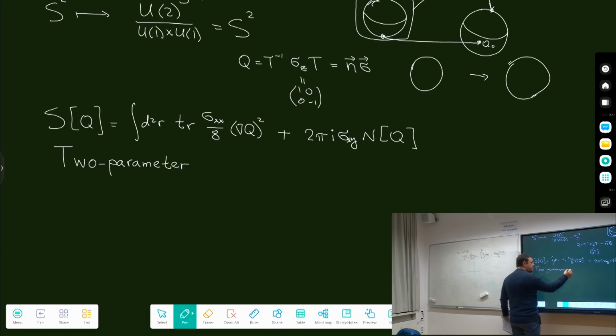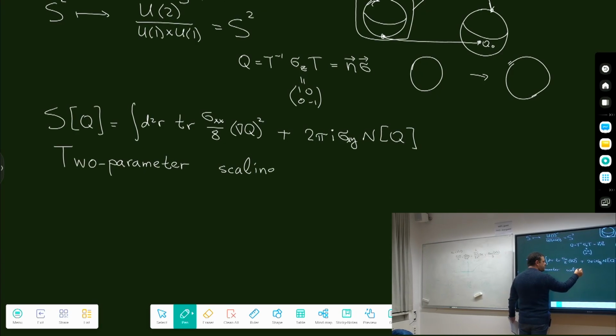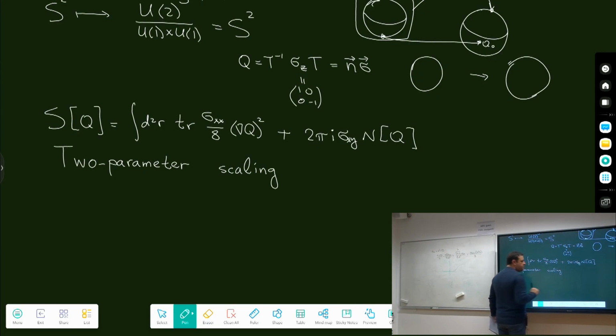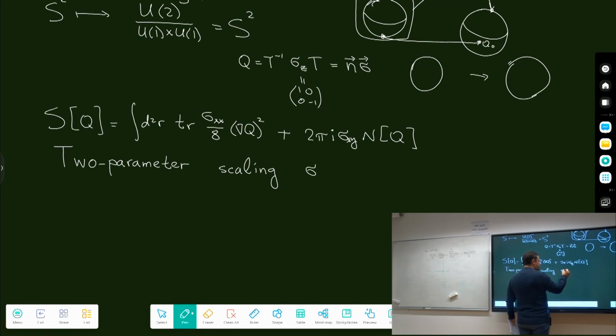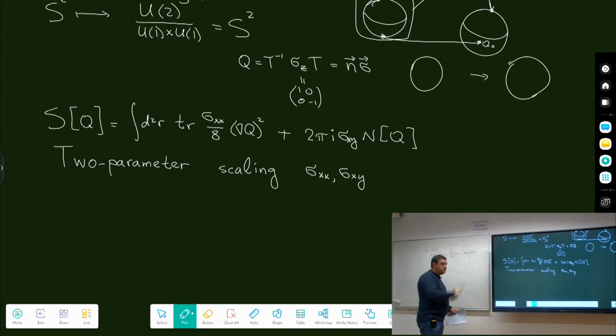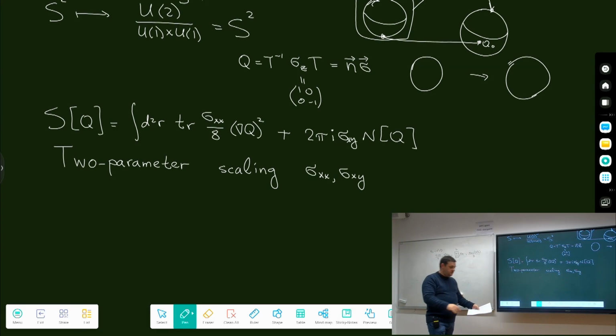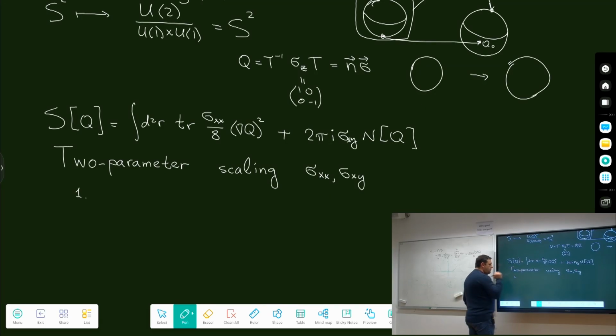Two-parameter scaling means we have some beta functions for both quantities sigma xx and sigma xy, and scaling in this two-dimensional parameter space of sigma xx and sigma xy. We will not derive it from this action. This is even worse than deriving the action itself. What we do instead, we will list a few properties. Property number one,